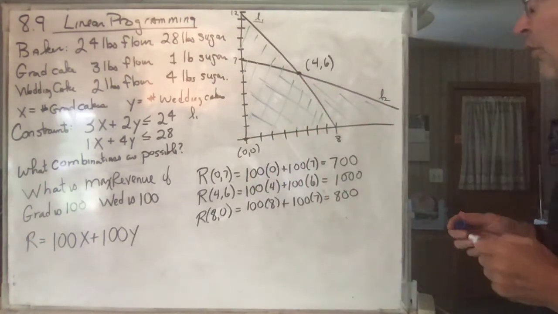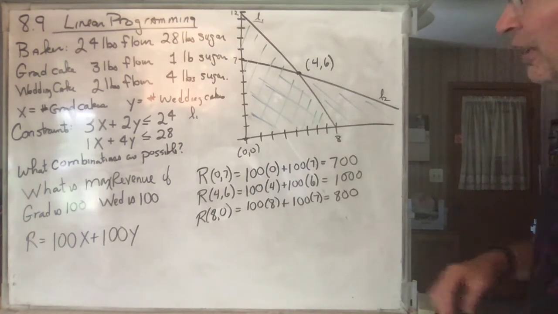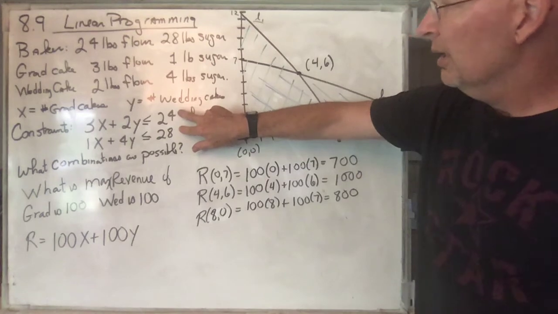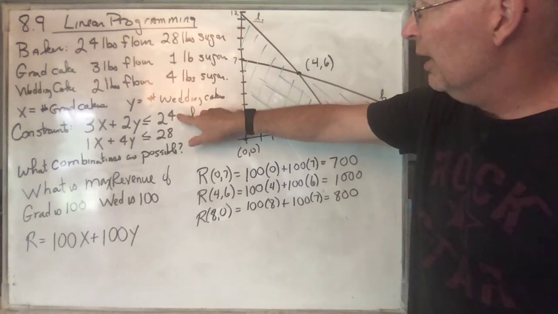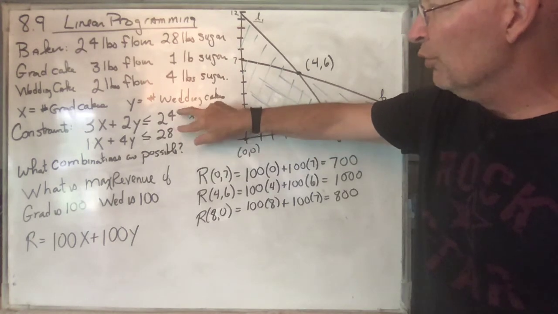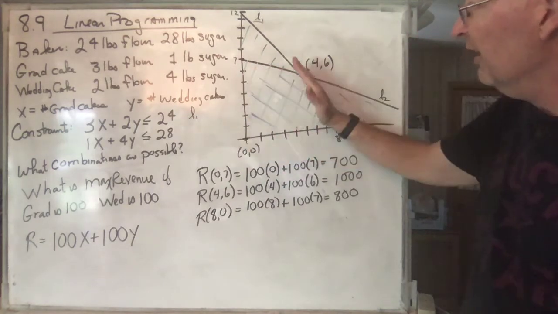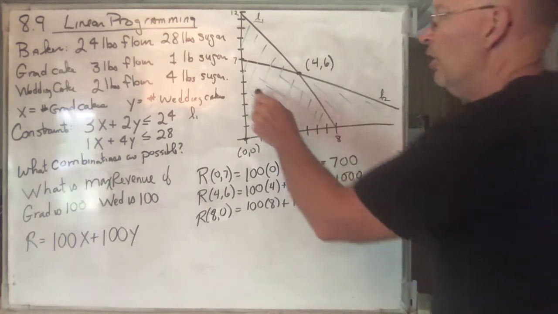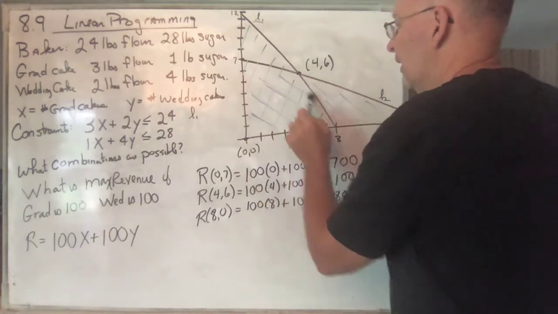So that's going to be all those. Both of those inequalities have to hold at the same time. You have only this much flour and only this much sugar, so you have no choice but to have both of those things hold, which means we have to be under this line and we have to be under this line. So this is the region right in here of all the choices he can make